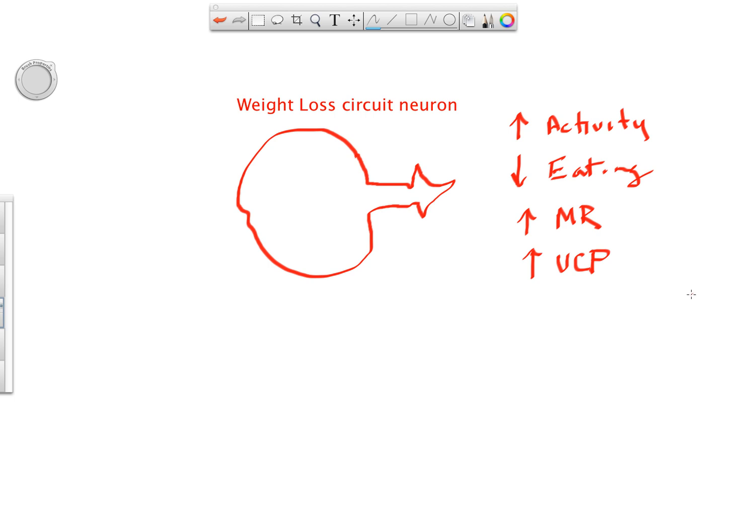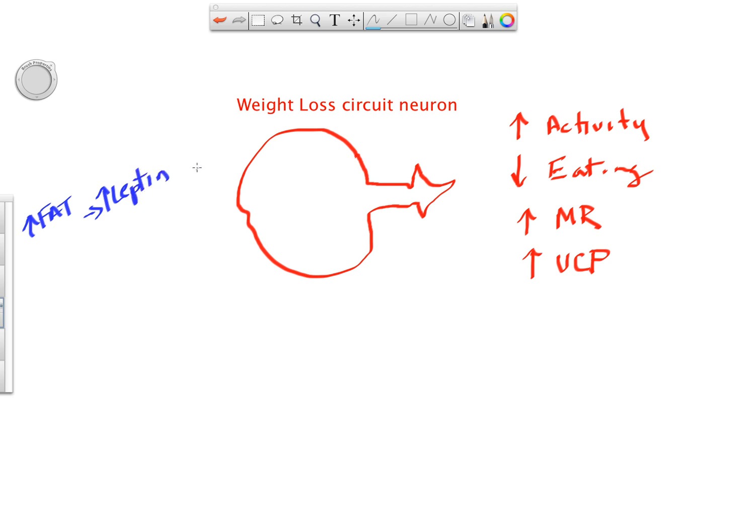More calories spent, less calories obtained. So, leptin, remember, is a hormone. And it's a hormone that is generated by fat tissue. The more fat, an increase in fat, leads to an increase in leptin,